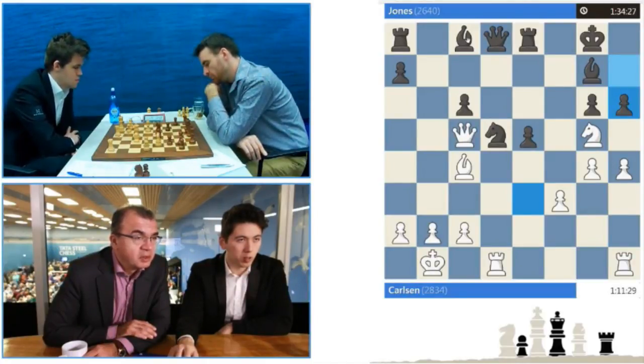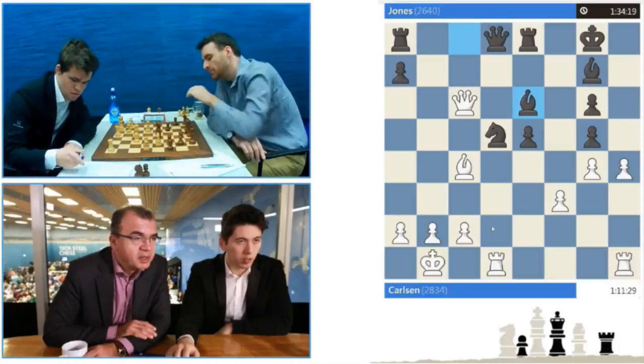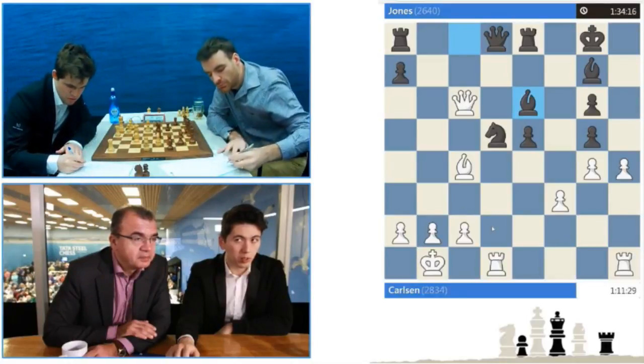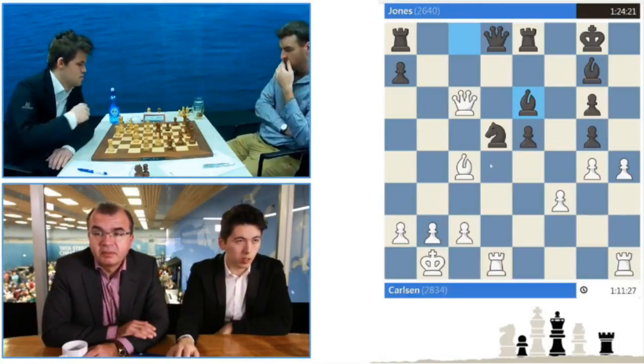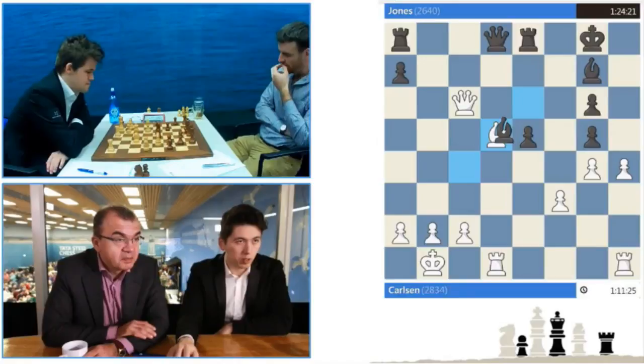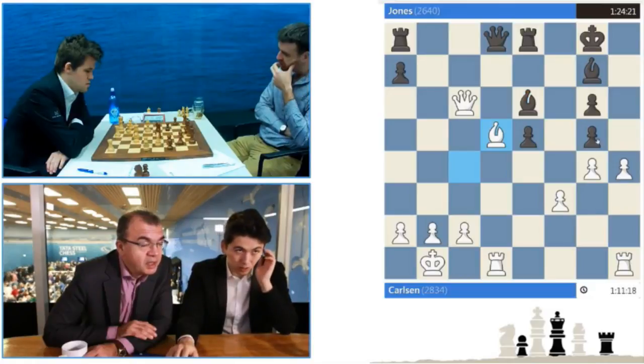No, but okay, let's do it this way. Take the knight. Okay, queen, bishop e6, bishop d5. You played... Looks like Jones just made a move, but let's see. He played h6. Okay. Yeah, he played h6. Very logical. Now I'm actually even wondering. It is very logical, but...